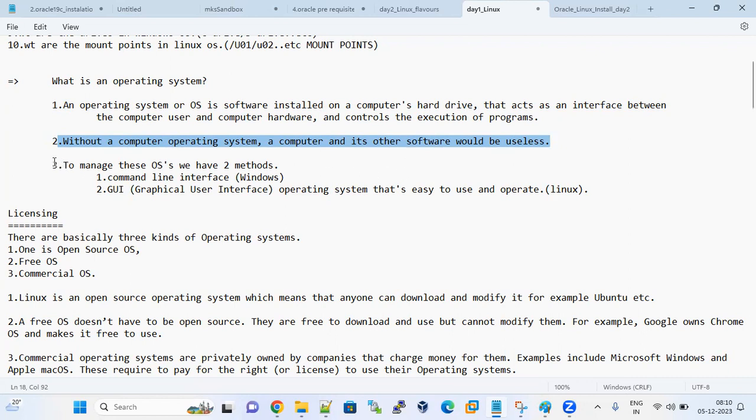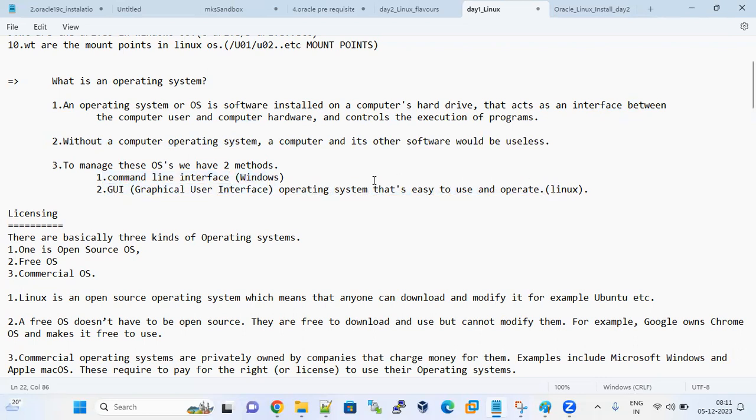So how do we manage these operating systems? There are two ways: command line interface and GUI, graphical user interface.